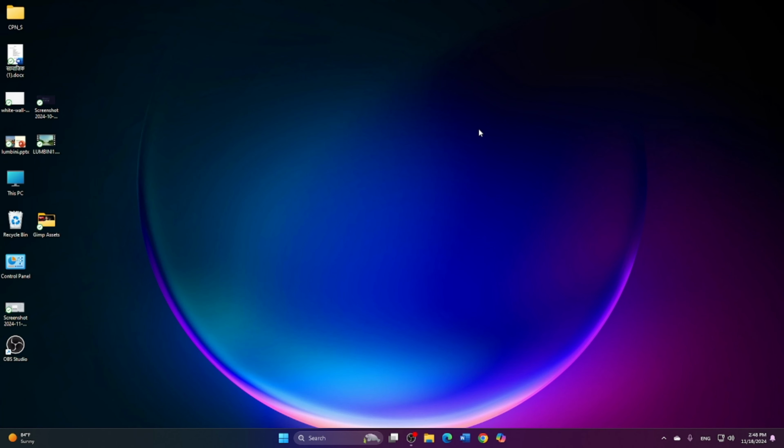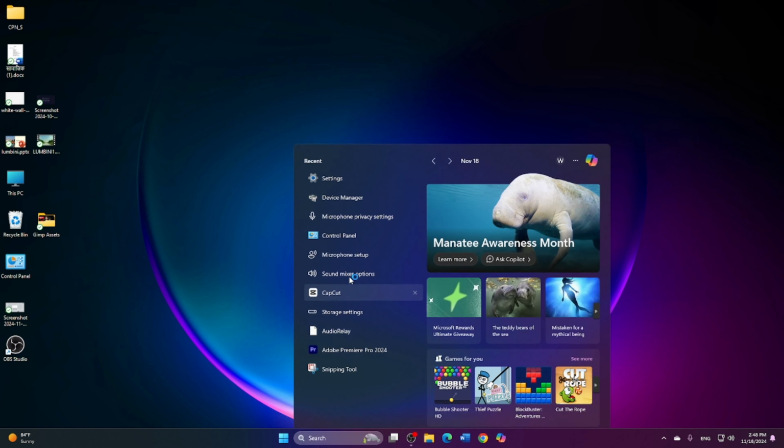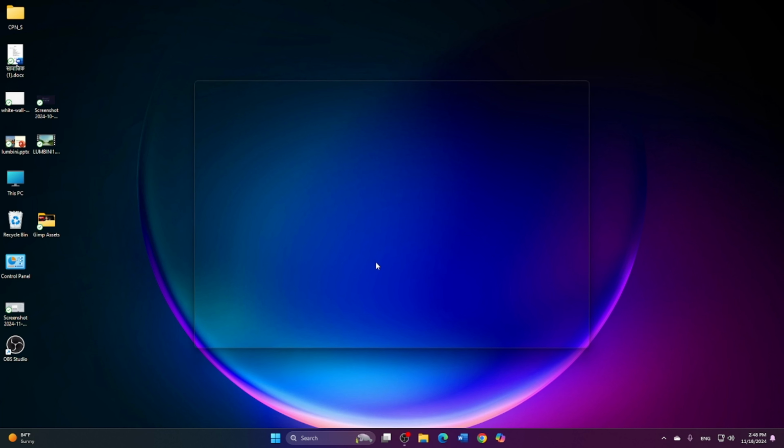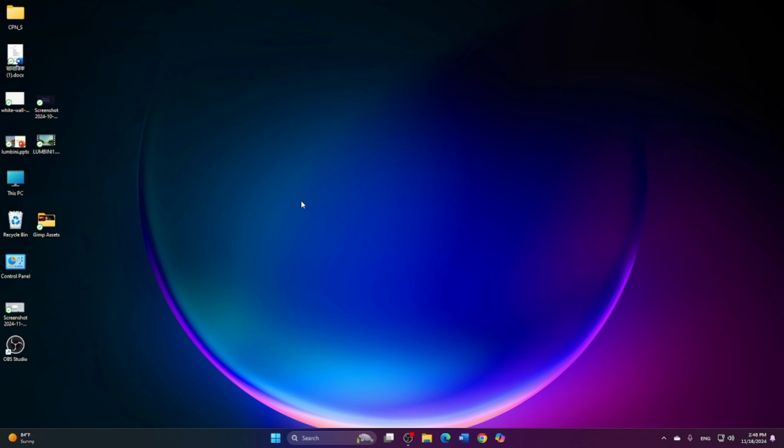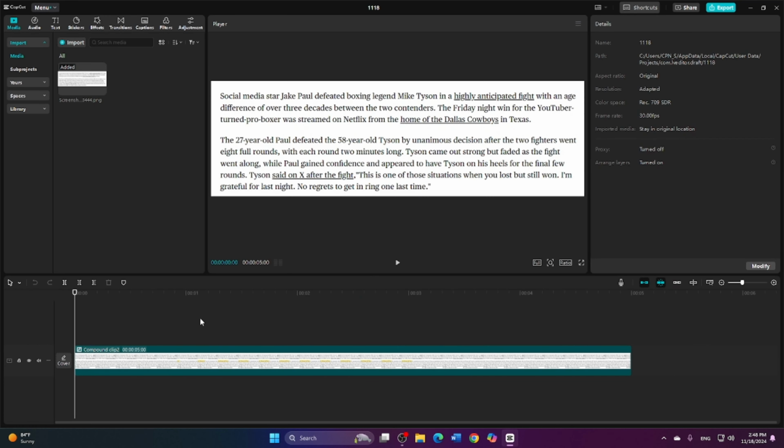In this video I will be teaching you the text highlighted effect in CapCut. So first of all you need to open CapCut and create a new project. This is the effect I am going to recreate. You can see